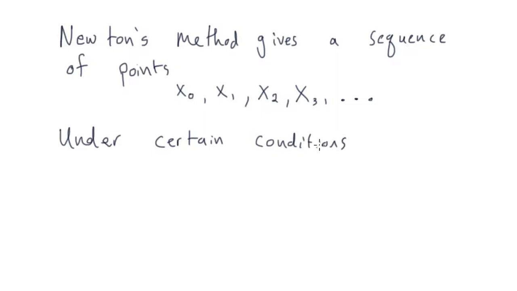You know, the other thing to think about is I'm going to be extremely unlucky if I pick an initial point that has a horizontal tangent, because then there's not going to be a 0. But all of those things are very technical, and I just want to give you an overview. So under certain conditions, skipping some technicalities,